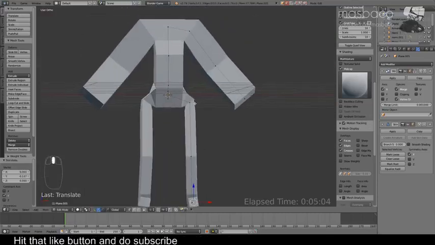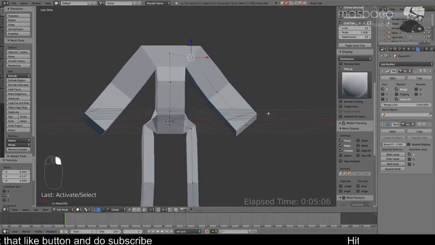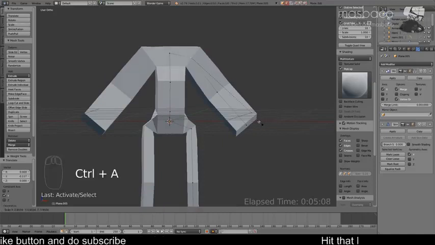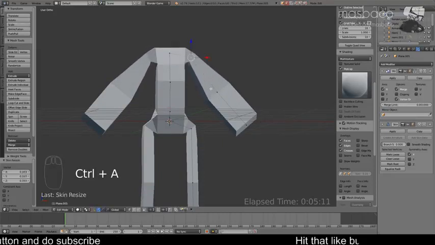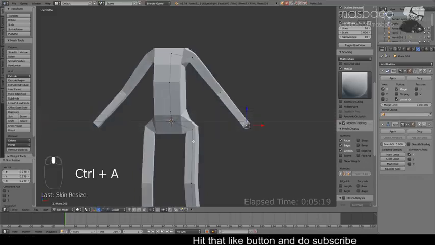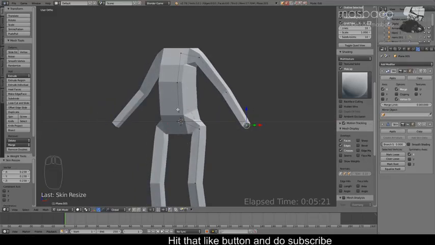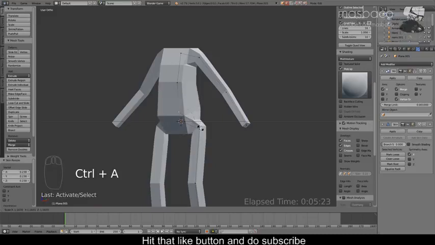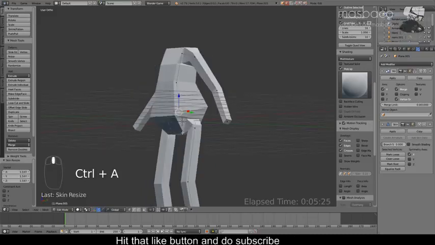Okay, and also as for the arm, hit Ctrl A, scale this down, and scale this down also, and this one. Okay, now for this we can scale this up, something like so,